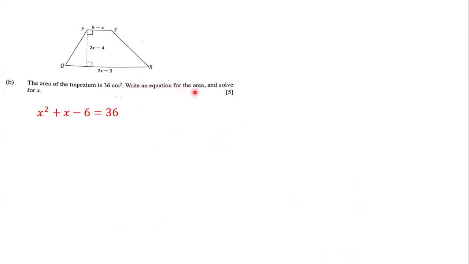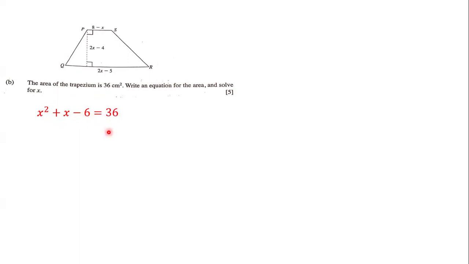Write an equation for the area and solve for x. So the area of the trapezium, algebraically, is x squared plus x minus 6. And from a numerical standpoint, the area of the trapezium is 36 centimeters squared. So these two must be equal to each other, because both of them are referring to the area of the